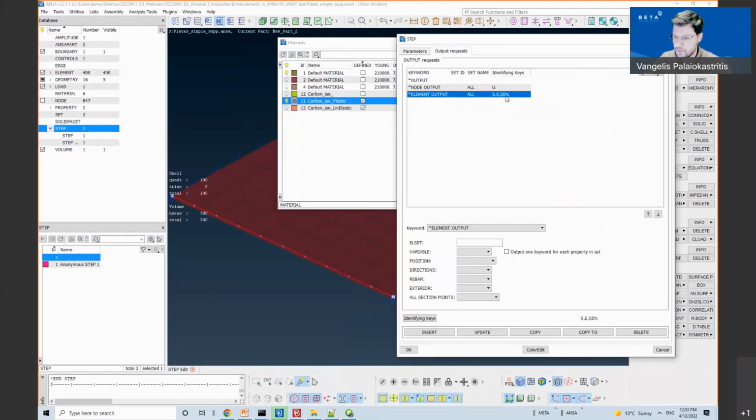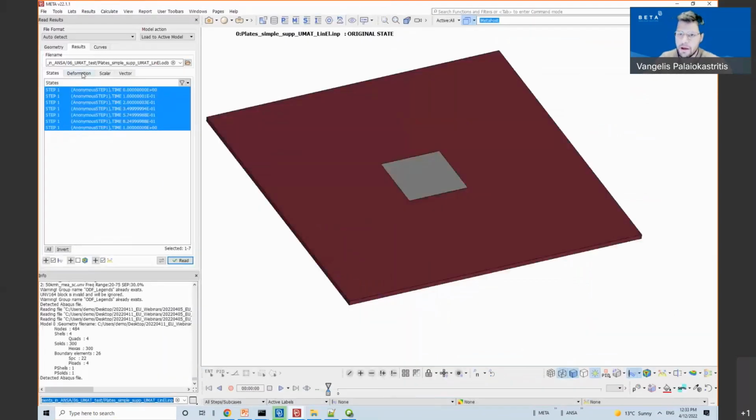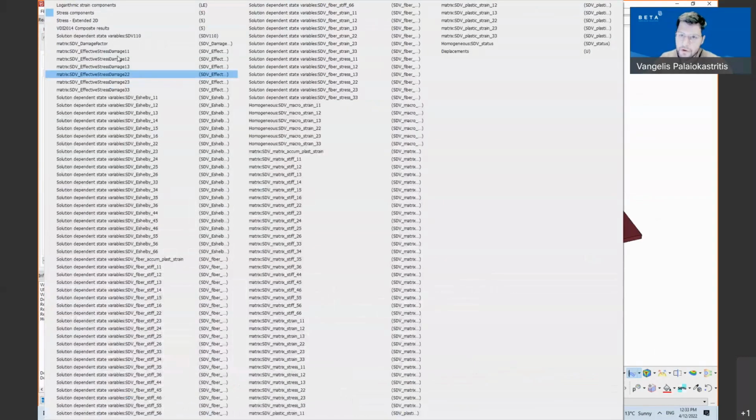So we will have the solution dependent variables. If we go to Meta, you can see that we have all these solution dependent variables coming from the UMAT. They are stored in the ODB.